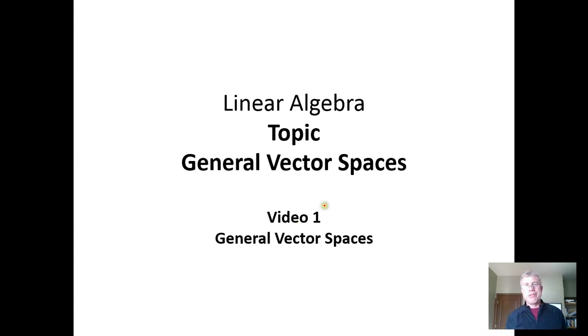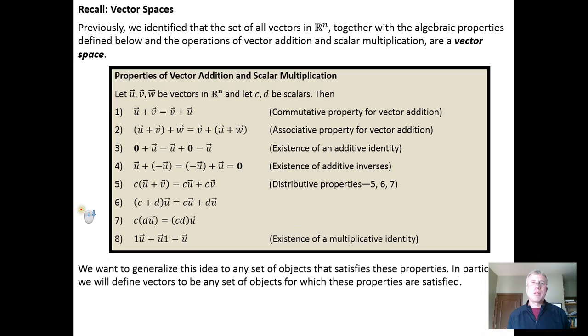So in homework 13, we looked at vector spaces, and in particular, we looked at vector spaces in the context of Rn. And the idea was we defined vector addition and scalar multiplication in Rn, and then we identified that these 8 properties held for vectors in Rn. So what we're going to do in this next homework is generalize this idea of vector spaces to apply to